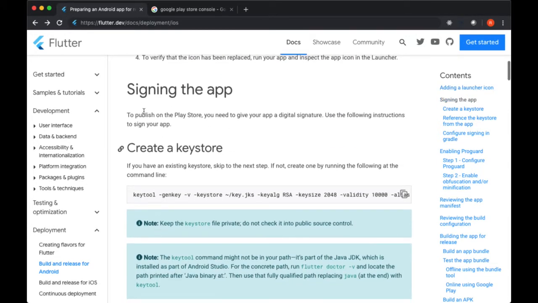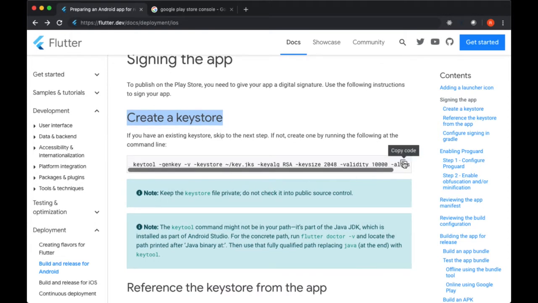The next step is to sign our app. We need a way of telling the Google Play Store, or saying just in general, that this app is ours and no one else's. So that's the reason behind needing to sign it, or create a unique digital signature for it. So the process for signing our app is creating a Keystore, and to create that we just need to